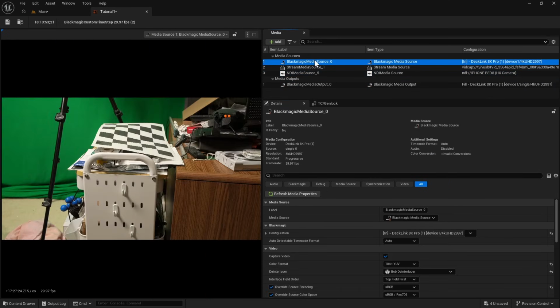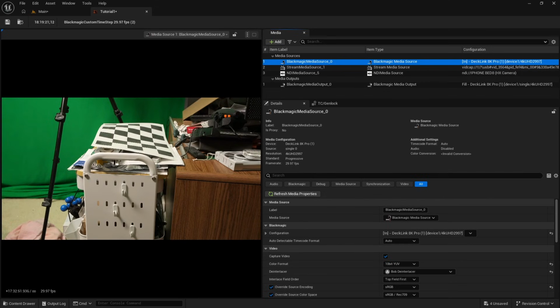I'm going to switch back to my Blackmagic source. NDI can also be used to do output. You can use it to send the Unreal output to OBS, Open Broadcasting Software, for recording or for directly streaming to a platform. Or you can send it to another computer and use that other computer as a monitor or to record as well, moving the load of compressing the video off the machine that's running Unreal so you won't